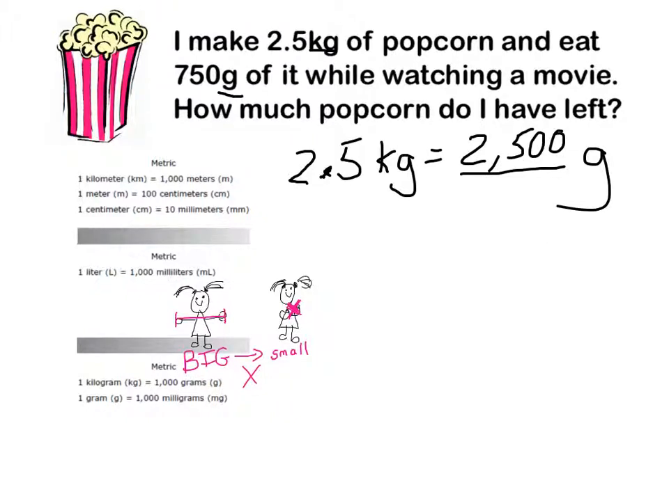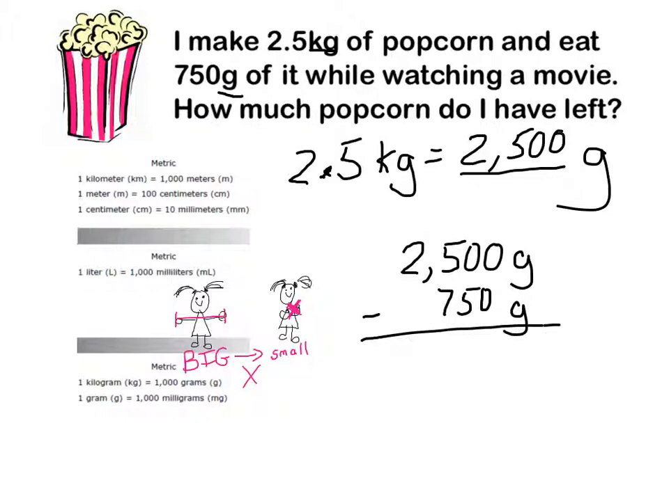So now that I've converted and I have them in the same unit, now I get to answer the question, how much popcorn do I have left? So if we started out with 2,500 grams of popcorn and you ate 750 grams, we'll subtract that out because you've eaten something, so that means to take it away. And if you want to do it with showing your borrowing here,